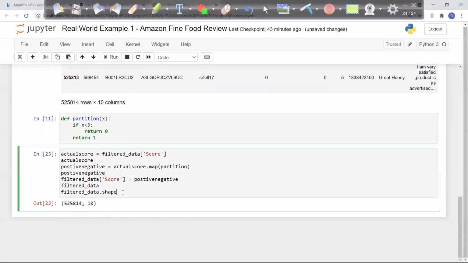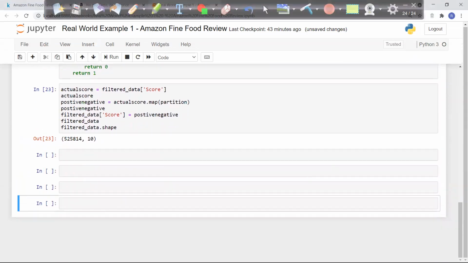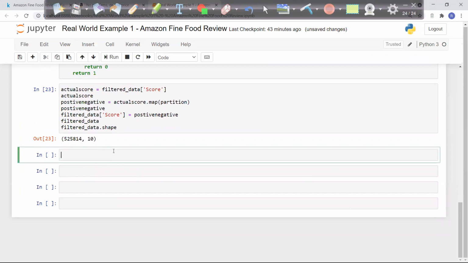So as of now, what we did till now is that I just started importing the data and did a minor manipulation to change my reviews. I want to know how many users are there. In this data, I have the users also, I have the products also. I want to check how many users are there, how many products are there, how many user reviews we have.